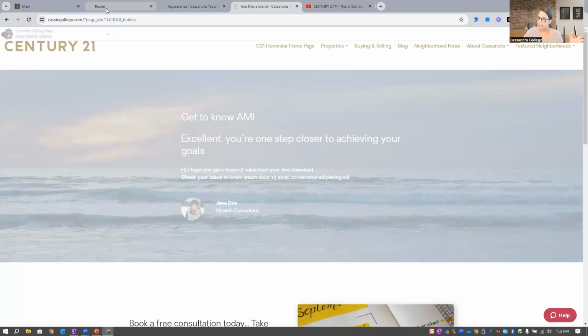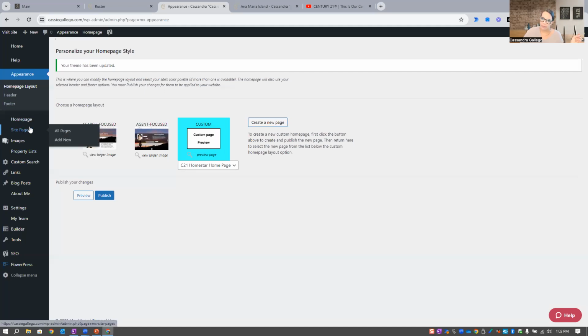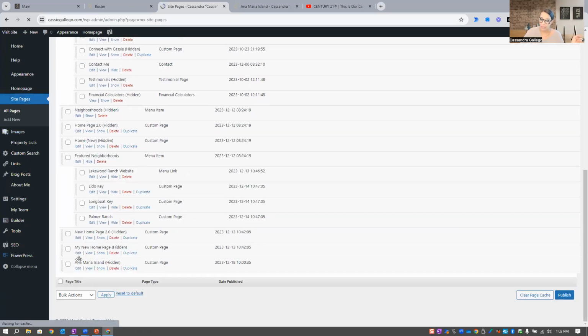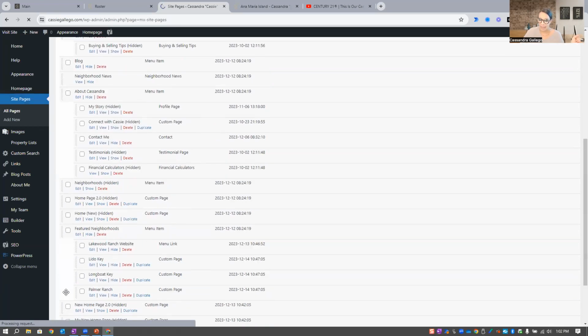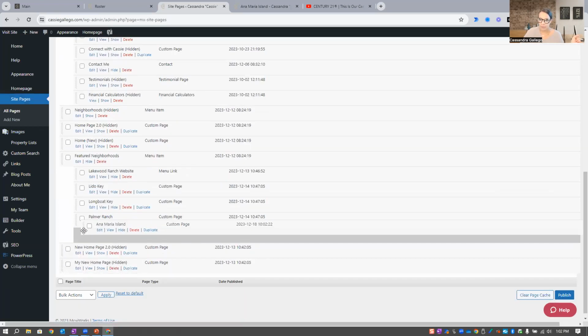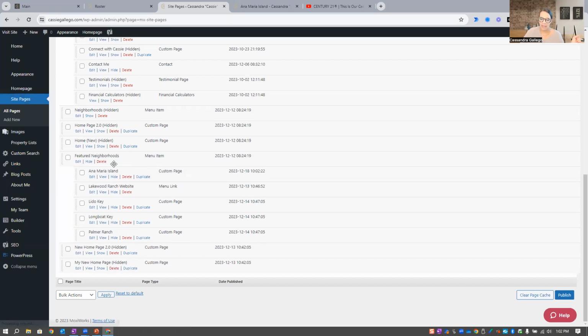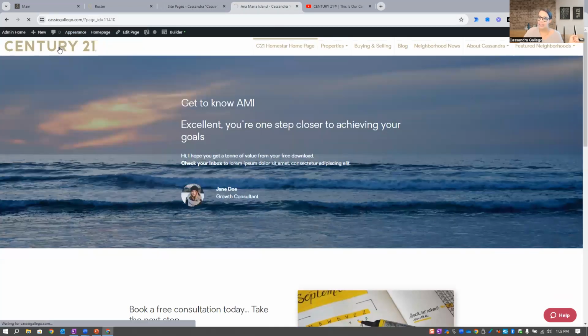And put it where I want in my site pages. So if I come over to site pages, we'll see that now I do have an Anna Maria Island page. It's hidden, so I'm going to show it. And I can drag that and put it over here, and I'm going to alphabetize it under my featured neighborhood. See how that's indented? That means I'm indicating to Moxi that I want these to be dropped down under the featured neighborhoods. So if I publish that and come to my website,